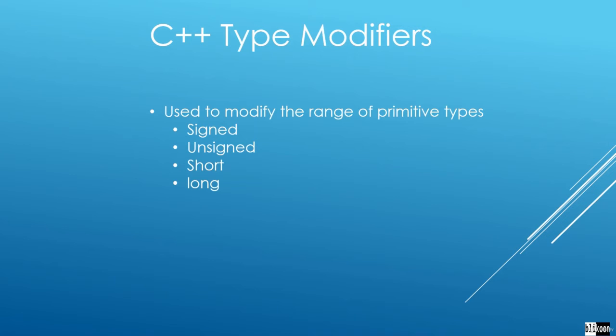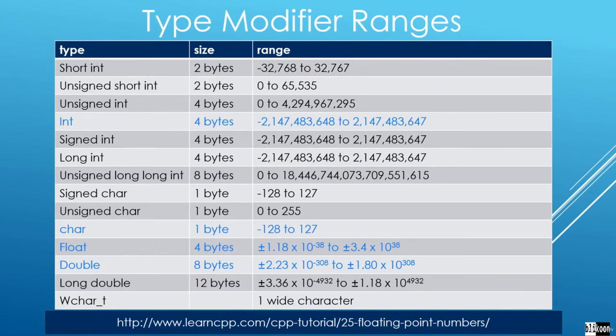You use short when you want to shrink down the storage space in memory, and you use long to expand it, to have it occupy a little bit more space. And you can see all the effects of these modifiers here. For example, an integer normally stores 4 bytes. When you use a short modifier on an integer, the integer is going to store 2 bytes. When you make it unsigned short, it's going to store 2 bytes too, but it's going to be able to